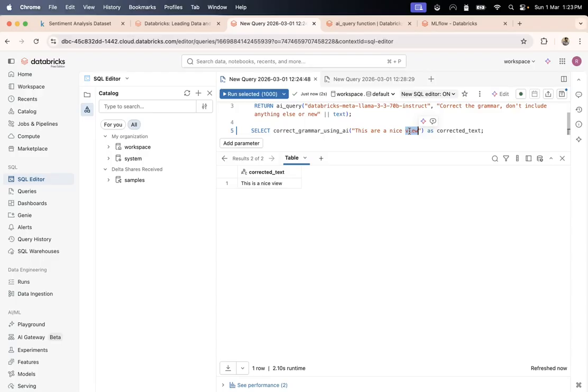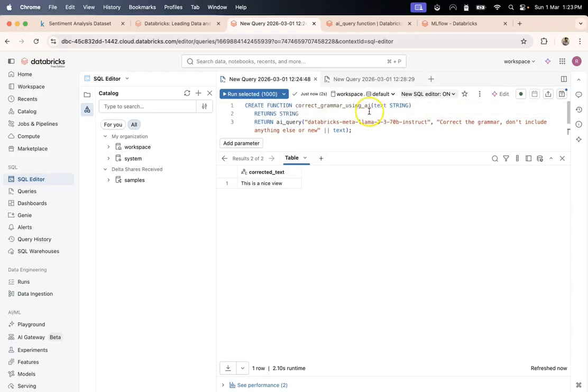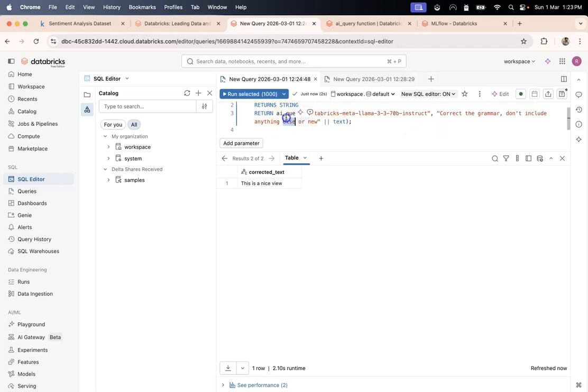Now with this discussion, what we have done is we have looked at a more generic function, that is AI query, which could be used to create more powerful UDFs that are not already provided by Databricks by default. Although Databricks has done the job of providing most of the functionalities that you could use, there could be some custom use cases also that you can cover using this.